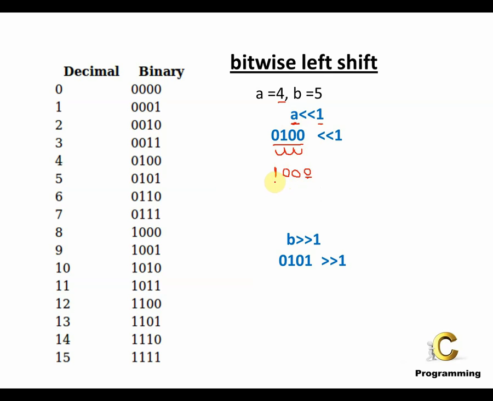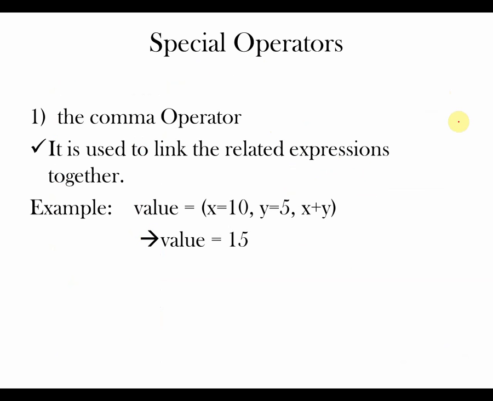So what does this binary value represent in decimal? 1000 is actually 8. So the result is 8. Now you have seen over here we are performing only one shift because you have to perform only one position shift. That's it. So this was it about the bitwise left shift operator. Let's go to the next type of operator.